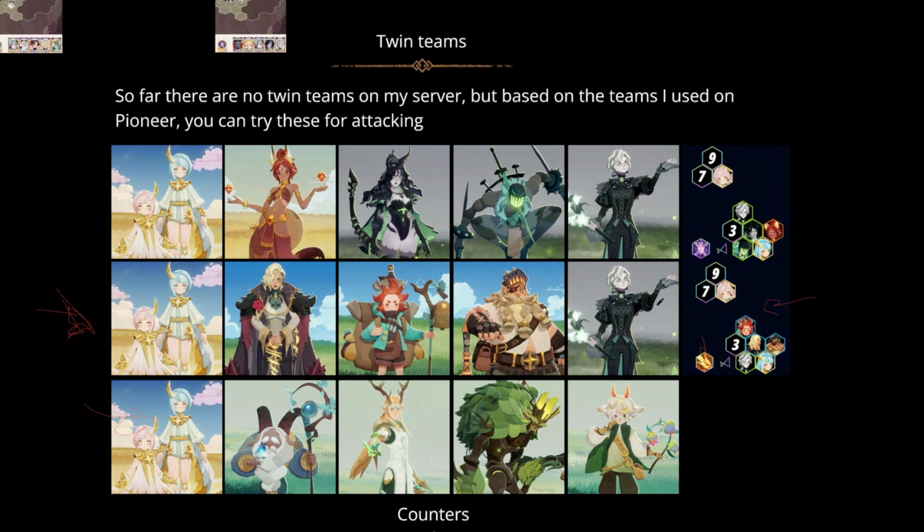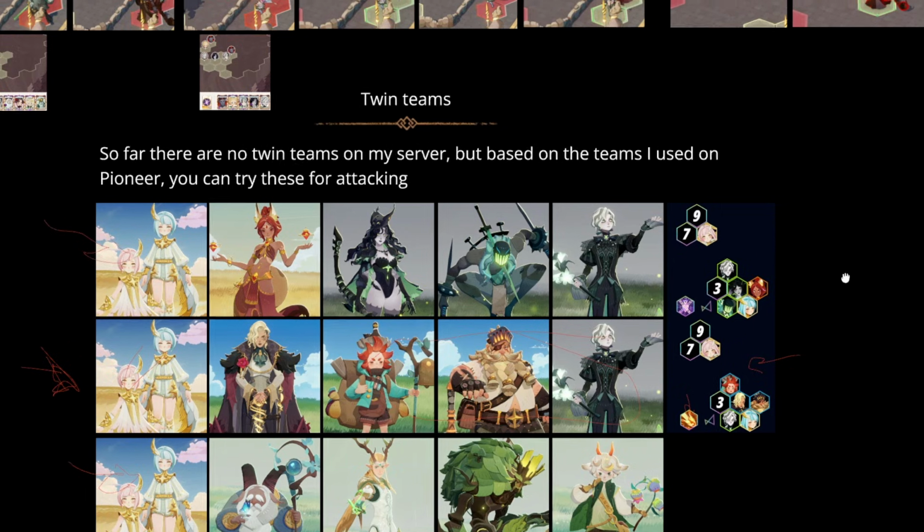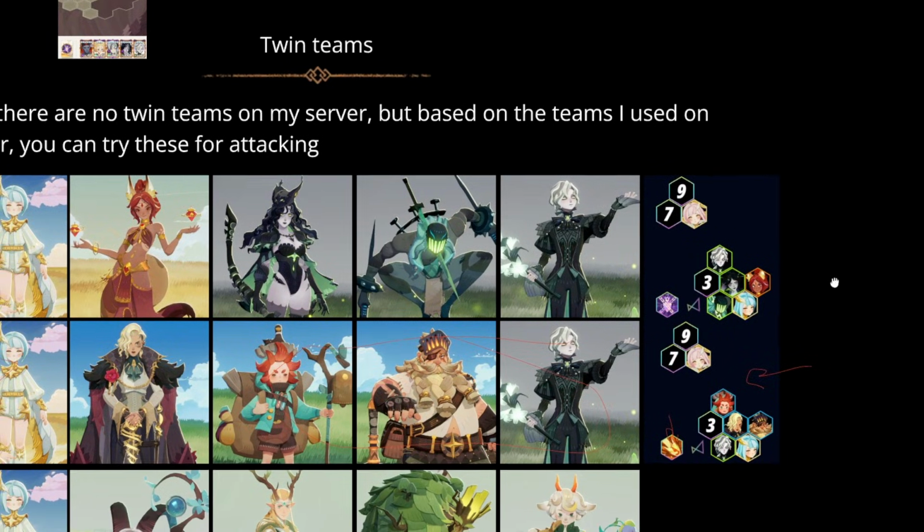I think this team has some potential for defense because you are running like 3 support heroes, or well, I guess 4 support heroes if you count the twins as well. But this is probably the best team when it comes to defense team. So you can do something like this on your defense, or